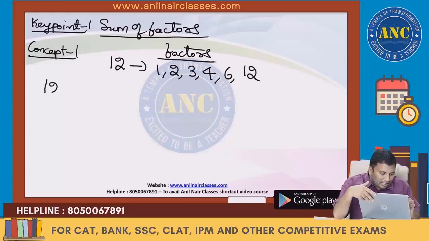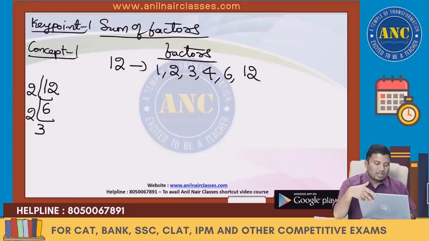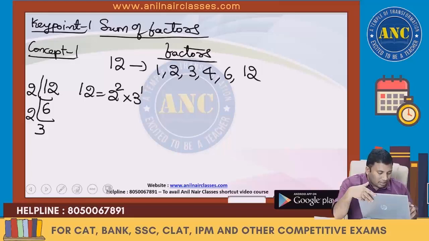If I write 12 as a power of prime bases, 2 6s are 12 and 2 3s are 6. So 12 is nothing but 2 square into 3 power 1. Concept 1 says, find out the factors, add them and tell the answer. So the sum of the factors,